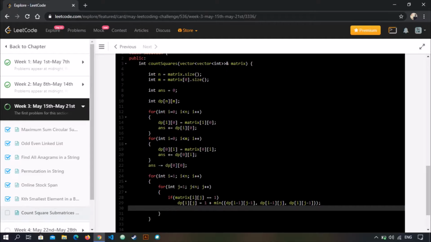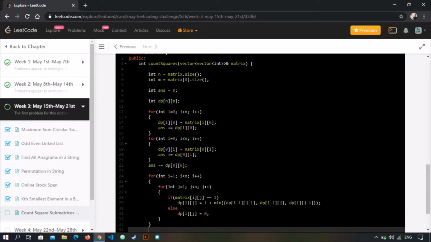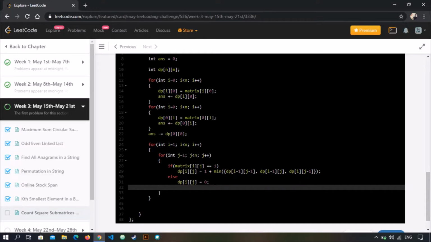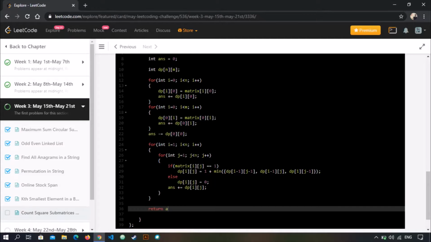This will do, else what will be the value? It will be simply 0. Also we need to add that value to our answer. And we return our answer in the end.